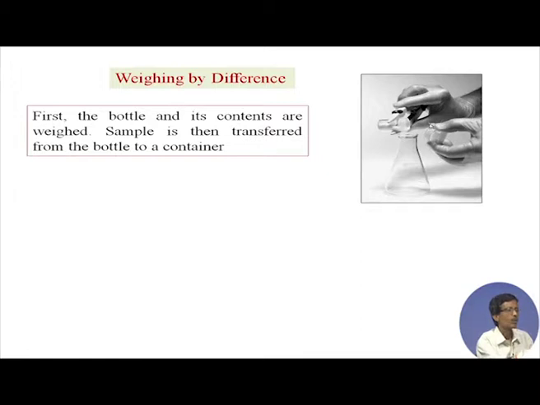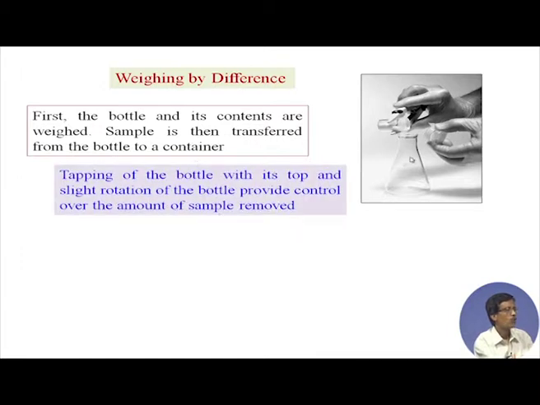Skoog's book has the photograph. How can we transfer? We have gloves protecting the hands and we have some forceps, and this is the sample which is given to you in a weighing bottle. In our previous class we saw how to use the weighing bottle. After the initial weight, that means the sample and the weighing bottle, you transfer the sample directly to this Erlenmeyer flask. So, this you do first, then how to transfer this?